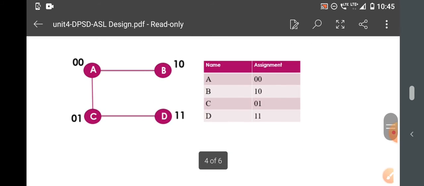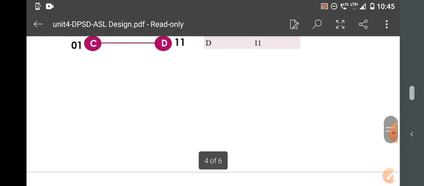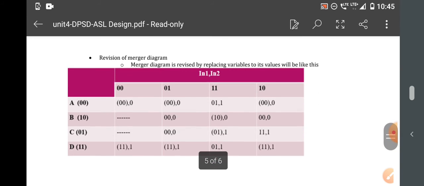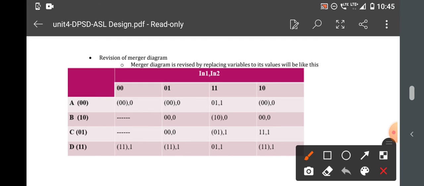So I have assigned the states. I told you how to assign the state. After you assign the state, you rewrite this in terms of a transition table. Transition tables are nothing but converting the state variables A, B, C, D into binary values. So wherever you have A, B, C, D, replace it with the binary values. Now you have 0 0, which means A comma 0. A is steady state. Here C is steady state.